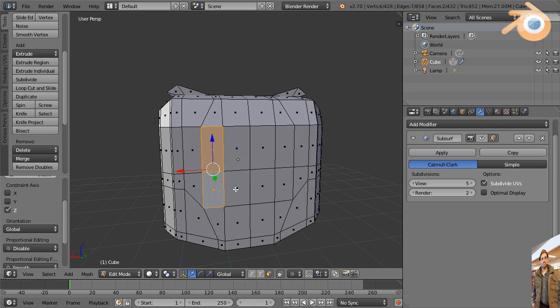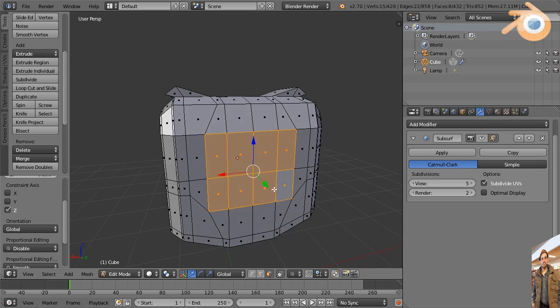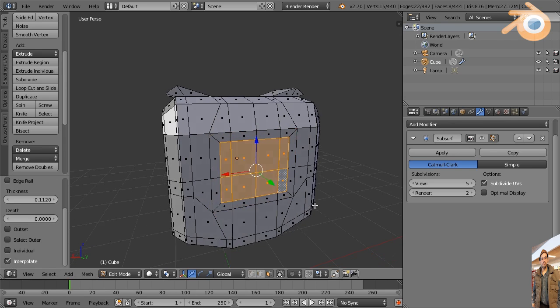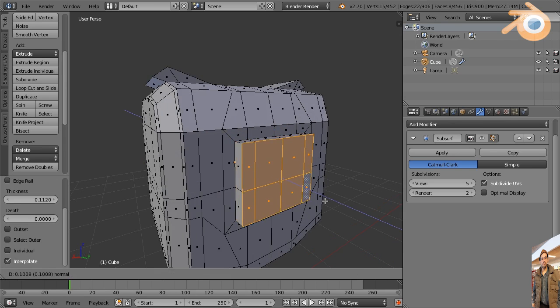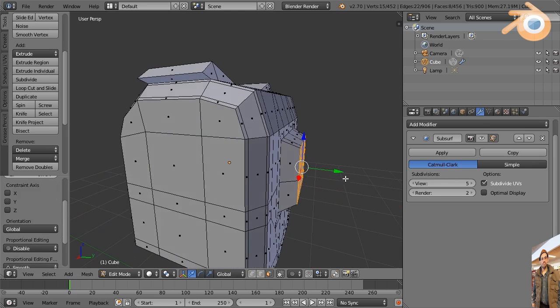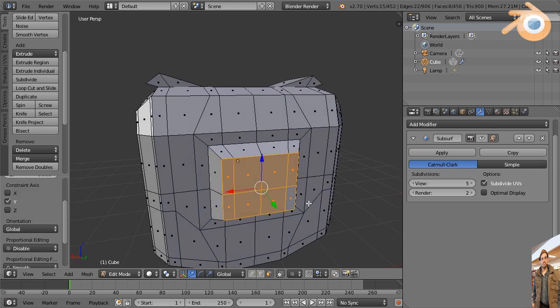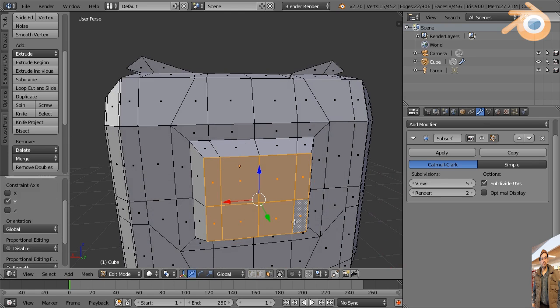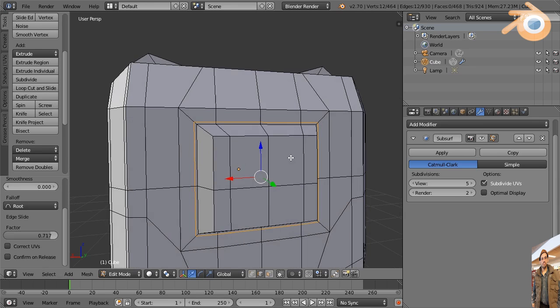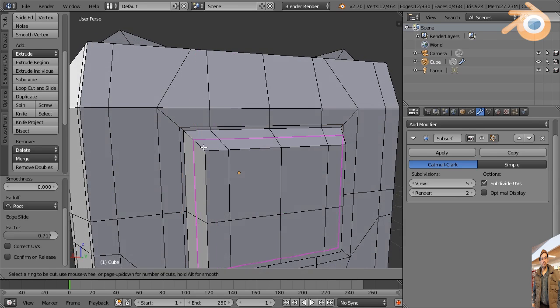Now I'm going to select these polygons. Let's do an inset for those. So something like that. And then let's just extrude these out. And then using the S key, we'll scale them down a little bit. Now I want them to be nice and sharp there. So let's use our Control R, loop cut and slide, to really tighten up those areas. Kind of do the same thing here